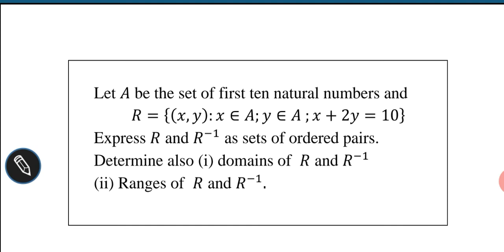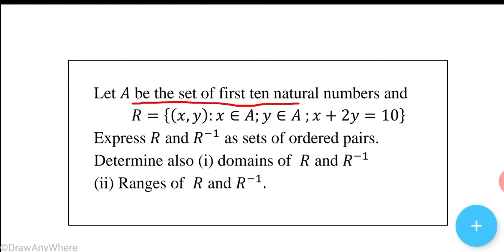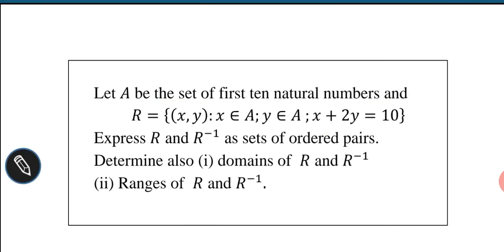Let capital A be the set of first 10 natural numbers, and capital R equal to {(x, y) where x belongs to capital A, y belongs to capital A, x plus 2y equal to 10}. Find capital R and R inverse as sets of ordered pairs. Determine also the domains of R and R inverse and the ranges of R and R inverse. So, given in the problem,